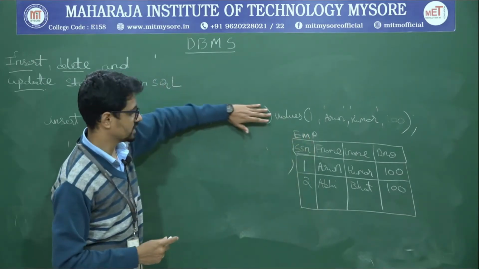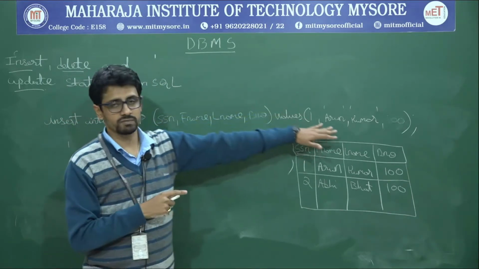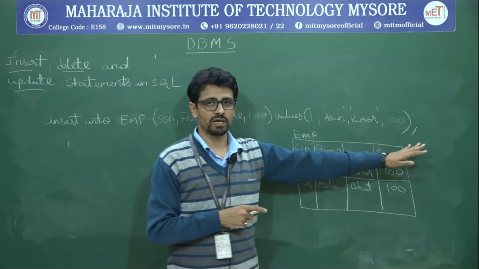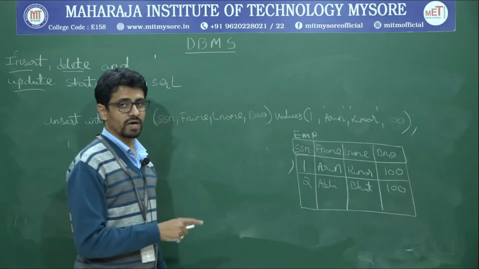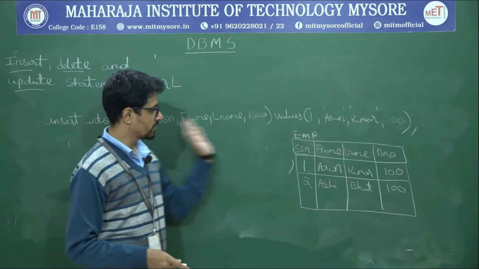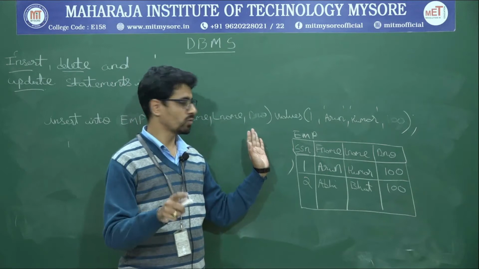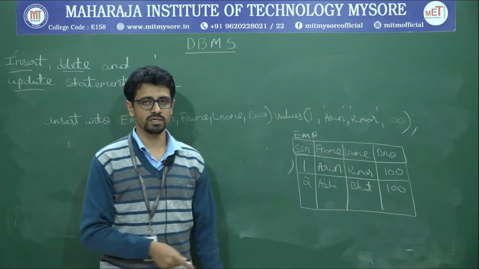If you don't have the previous syntax, if you have only insert into table name values, and you are leaving out some of the values for some of the attributes, it will throw you an error. But if you don't want to insert some values for some of the attributes, use this syntax: the employee attribute names, only those which you want, followed by the values, and only for those attributes which are specified here you can insert the values.